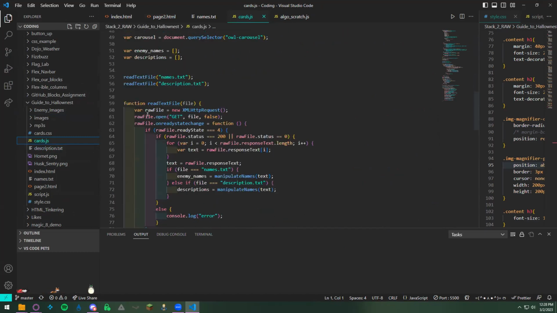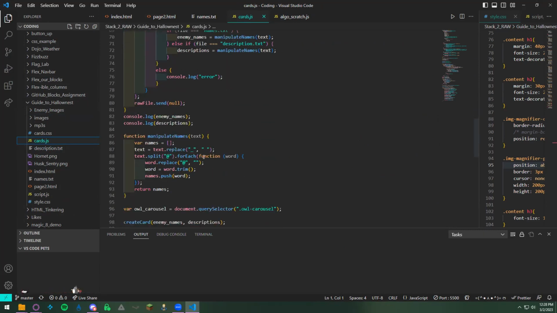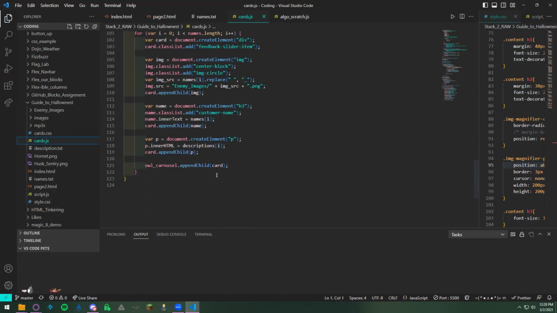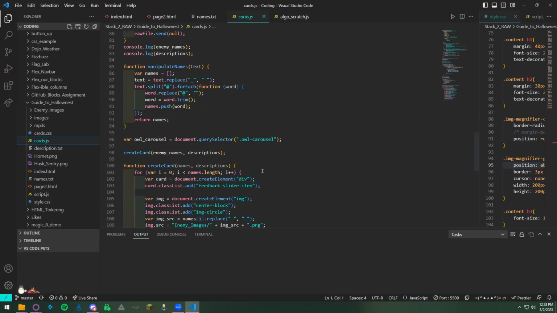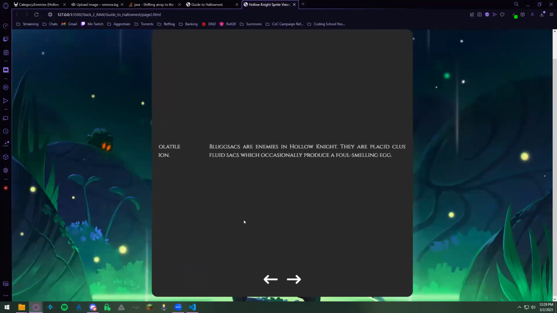So it's this stuff here. It reads each text file and then displays it, manipulates it, puts it in there, and then same thing for the images, where it just displays those images in there and runs it in the carousel. The only thing I'm thinking about doing with it is potentially taking off the auto rotate timer